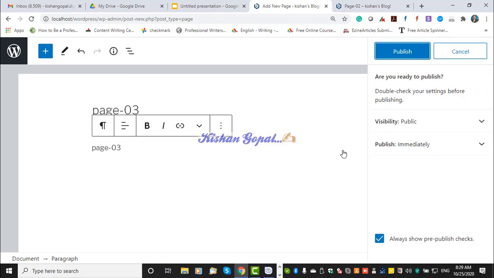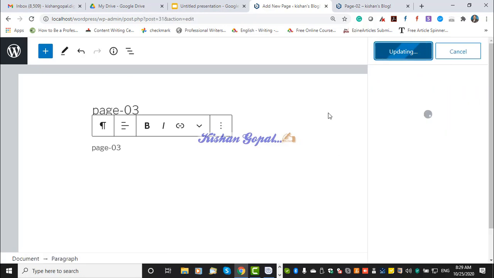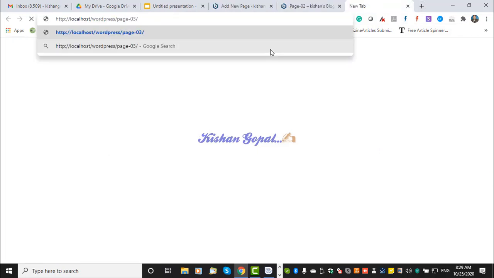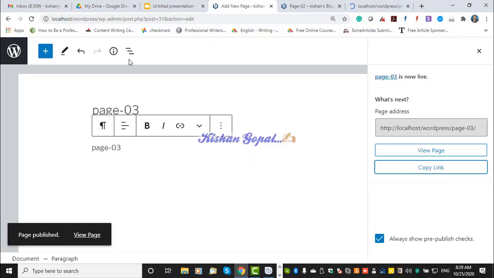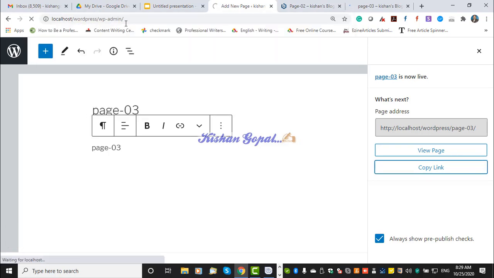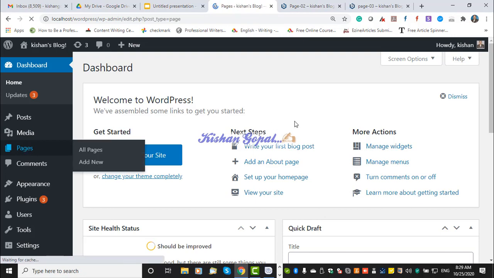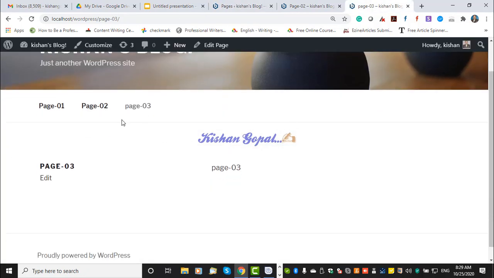So I have created page 3 as well, and I am clicking on publish. Once again, I copy the link and open it in a separate browser window, and I go back to the WP admin page. And here I am going to create one more page. If you want to see your page 3, it is also appearing here beside it.